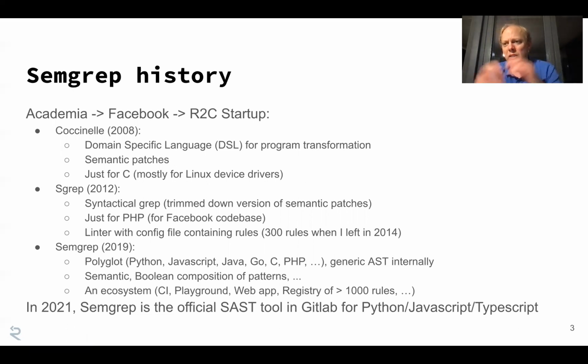So you can write one code pattern, and even if some code is syntactically different, it will still be matched if semantically it is equivalent to the code pattern. And in 2021, GitLab chose SEMGREP as the official static analysis tool to find bugs in Python, JavaScript, and TypeScript projects. And we are working with them now to extend that to other languages.